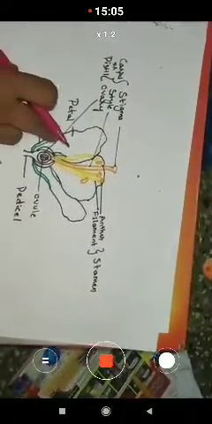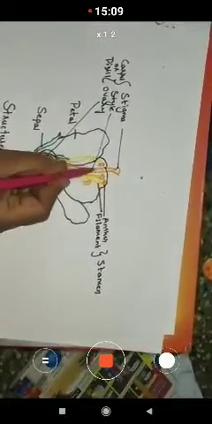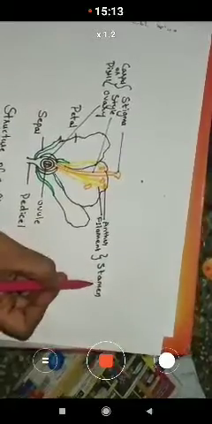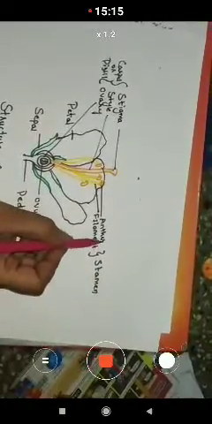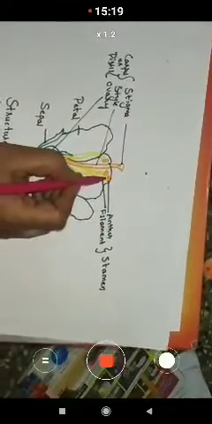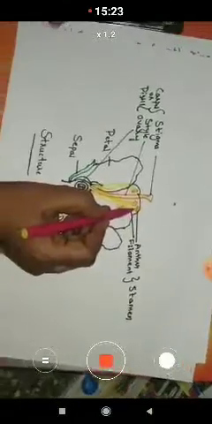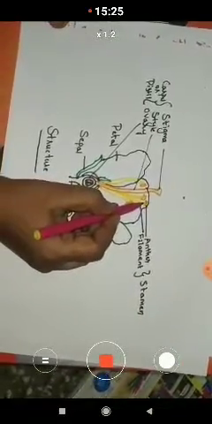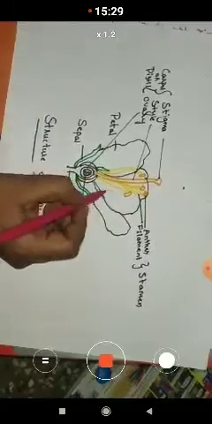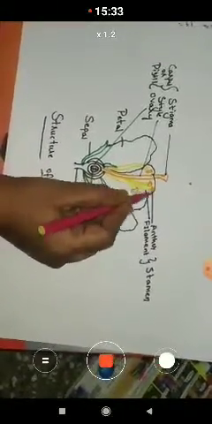Now after this we have the third whorl. Here you can observe the third whorl, which is nothing but the stamen. The stamen has two parts, anther and filament. Anther is a bag-like structure, and this anther is attached to a long tube-like structure called the filament, which provides support to the anther.